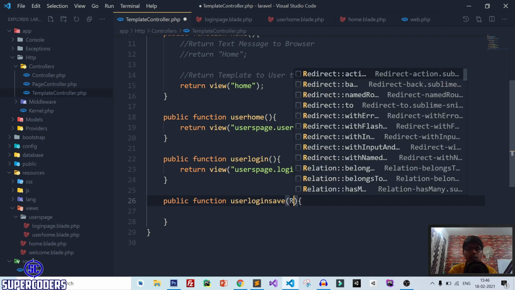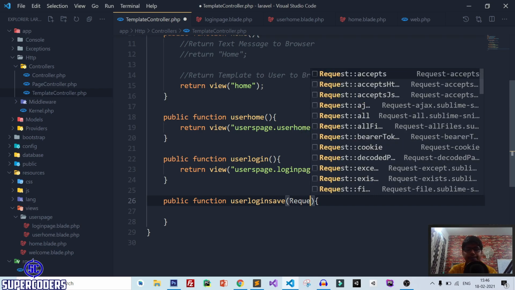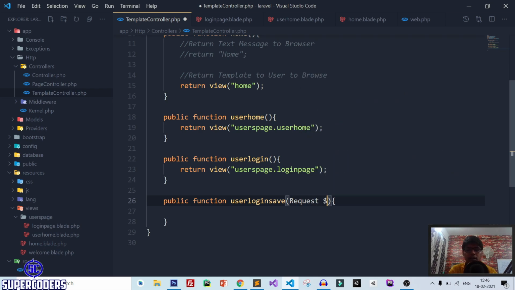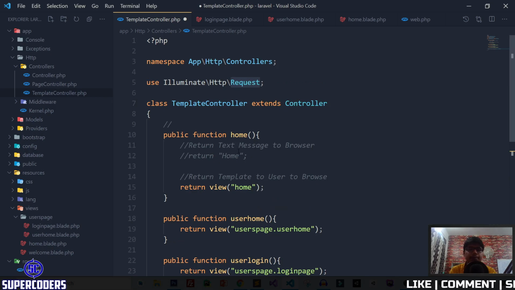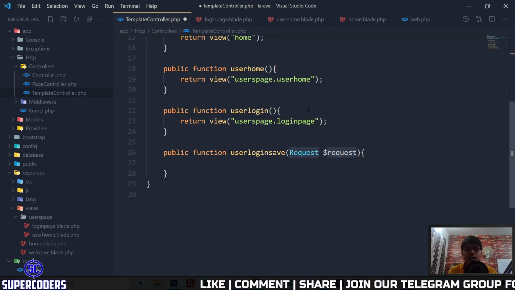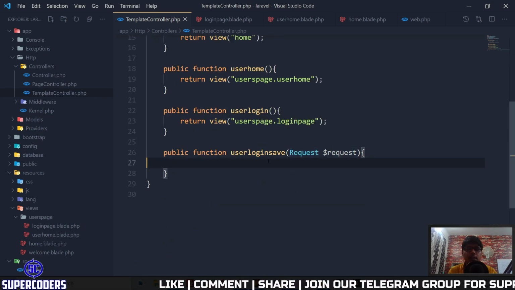For this you need to add Request, after that the $request variable. So let's import this request. So copy it, and here you can see it's already imported. So the request object is inside Illuminate HTTP and Request. Now after that, save this file and return some data.